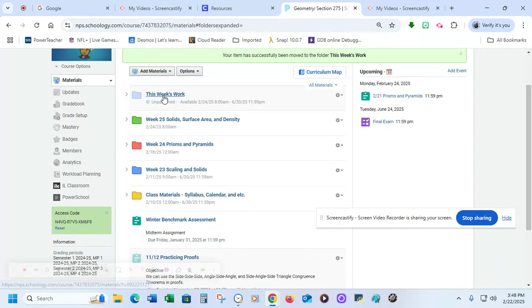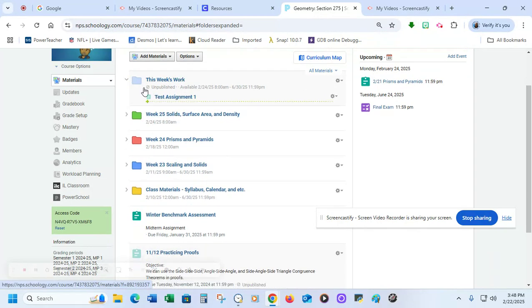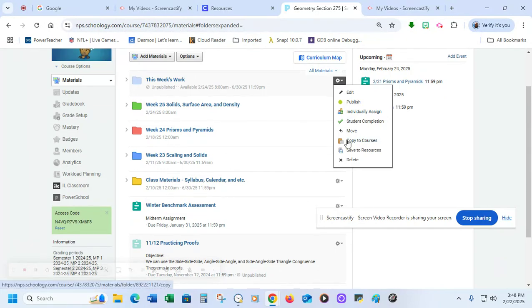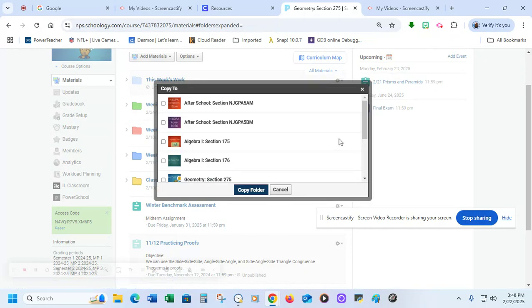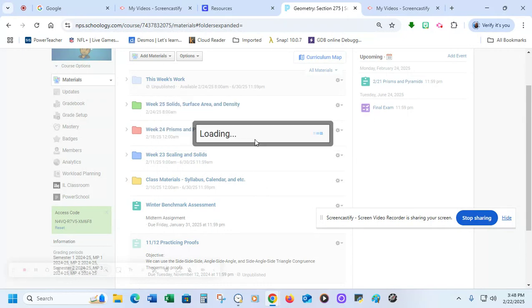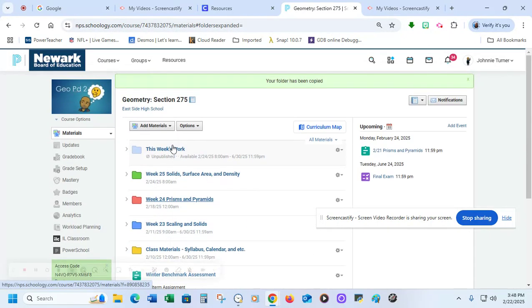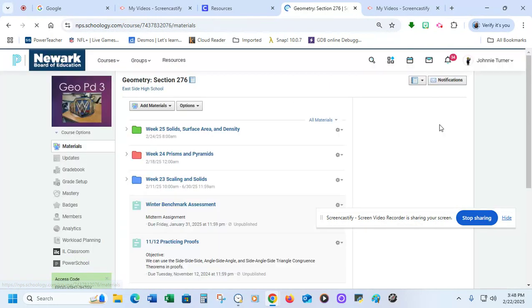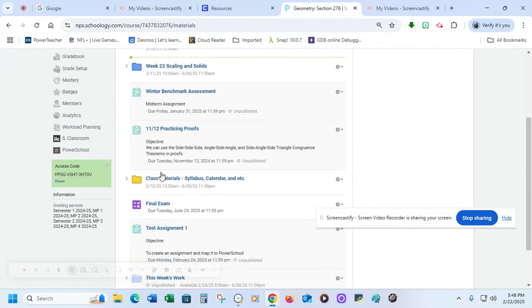And you could duplicate the folder just like I duplicated this assignment. I can actually come in, and in the sprocket, I can even copy a folder. So I'm going to hit copy to courses. Since I'm doing this for both of my geometry classes, I'm going to set this for my other geometry class. I'm going to hit copy folder again. And let's go to the other geometry class. So I come back to courses. That was my 275. If I come to 276, if I scroll down,